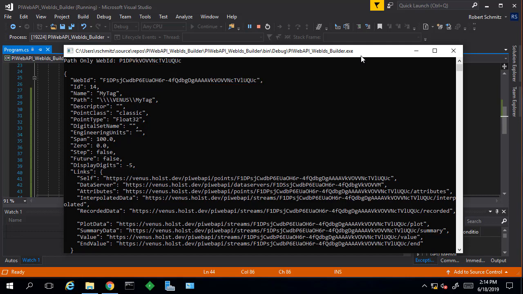Now, if we wanted this to return the path-only WebID in addition to us requesting it by the path-only WebID, we could change the URL and add that parameter in. Let's do that.